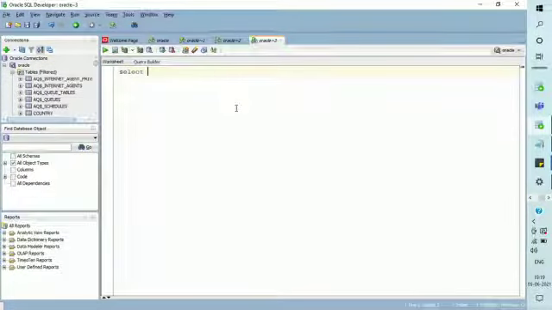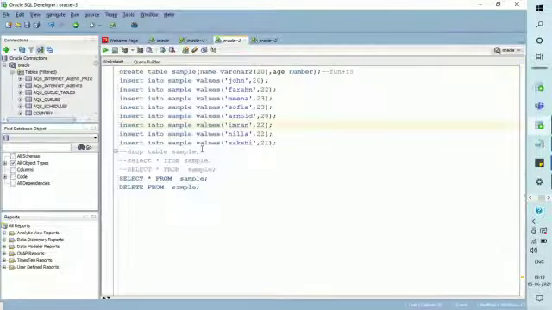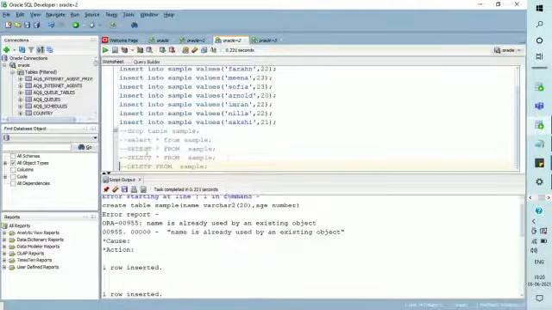So here shortcut number 8 tells you how to format your SQL code. Let us understand this with an example. Here I have opened a new SQL sheet and written a query. Okay, table doesn't contain any data as we have removed everything. So let us comment everything and reinsert everything using function plus F5. Oh, we got the same error as the table already exists.